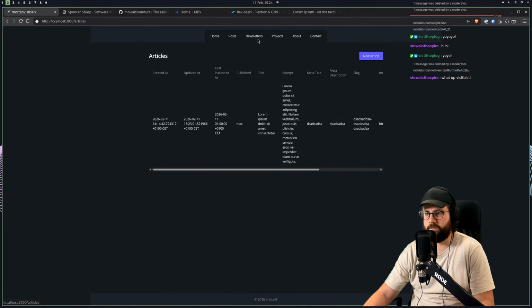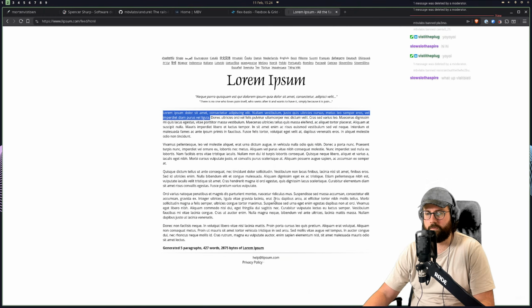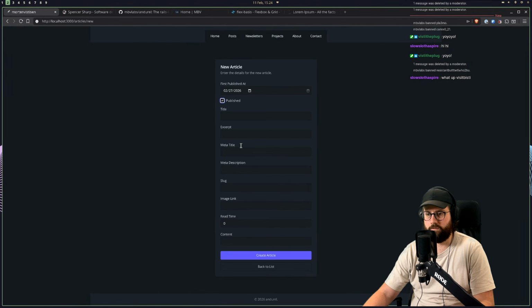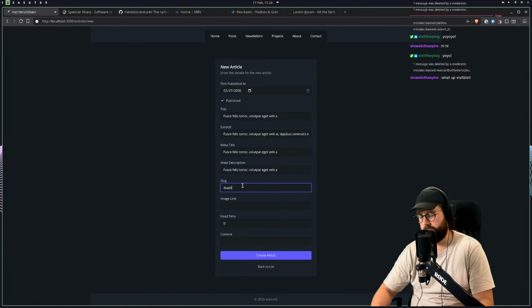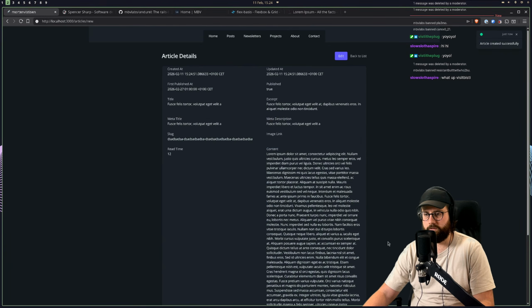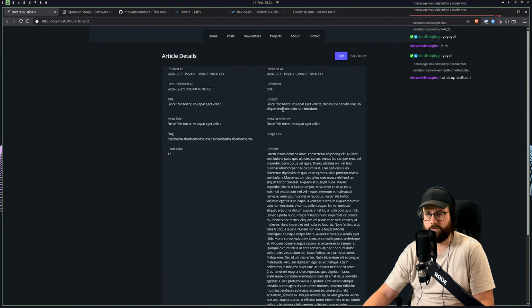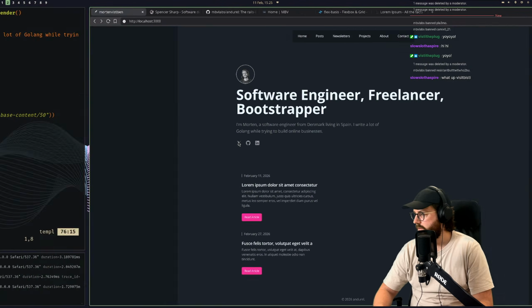Let me just create a few more. So the excerpt, and then just do a bunch of lorem ipsum here for content, create the article, and now we do see it. Good. So